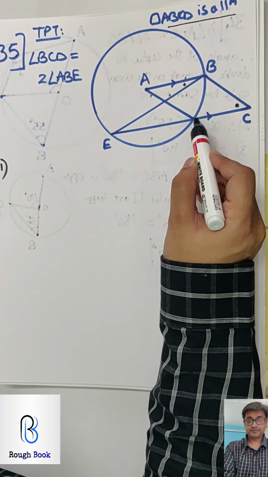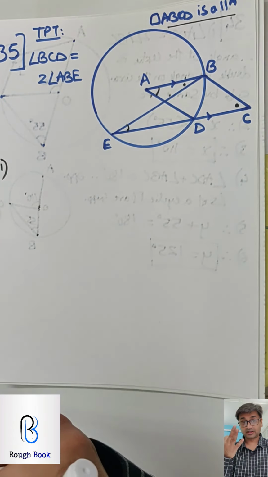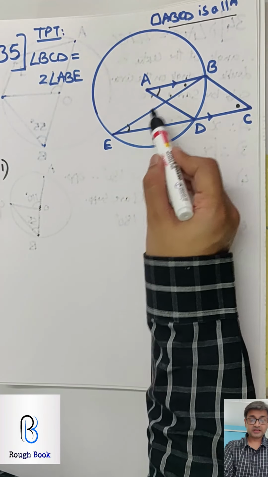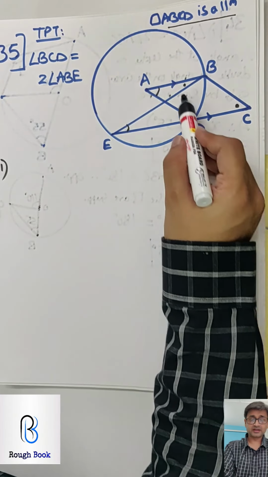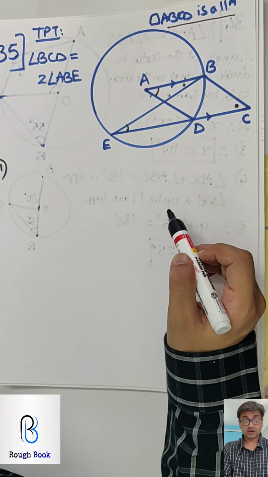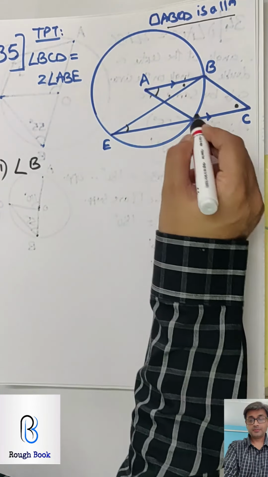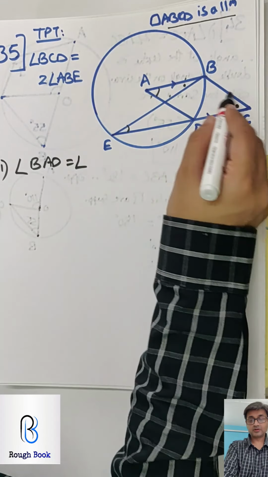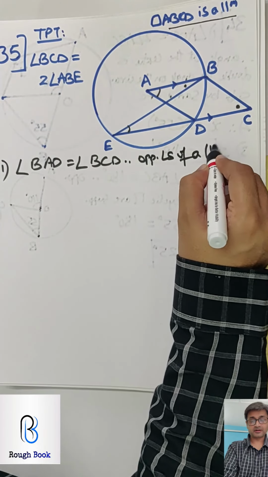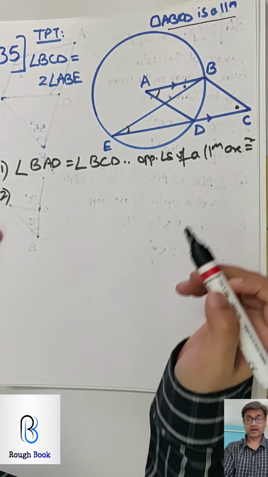Can you see BAD double of BED, center circumference? Yeah, the third type in that particular property. So this is at the center, this is on the circumference. This is equal to this because these two lines are parallel, so alternate angles, and this is equal to this, opposite angles of the parallelogram are congruent. That's the main clue. So first thing I will say angle BAD is equal to BCD. Opposite angles of a parallelogram are congruent. So we managed to at least get the first two angles equal.